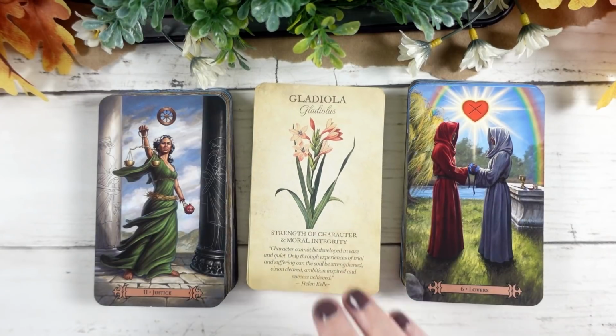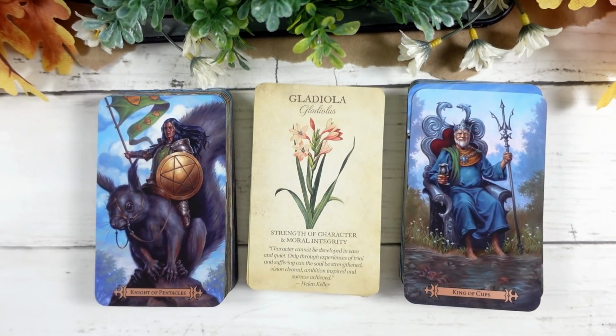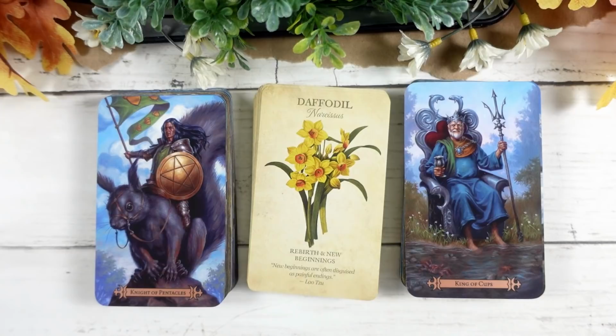And I really like how it brings out that softer, gentler, more nurturing side of the Modern Spellcasters, which does have the ability to integrate into your reading. So while this definitely feels like a masculine deck that cuts to the heart of things, it's a deck I really enjoy reading with. It's a very straight to the point kind of workhorse deck for me, but sometimes it can be a little bit rough around the edges, and the Botanical Inspirations brings a little bit, again, of that softness